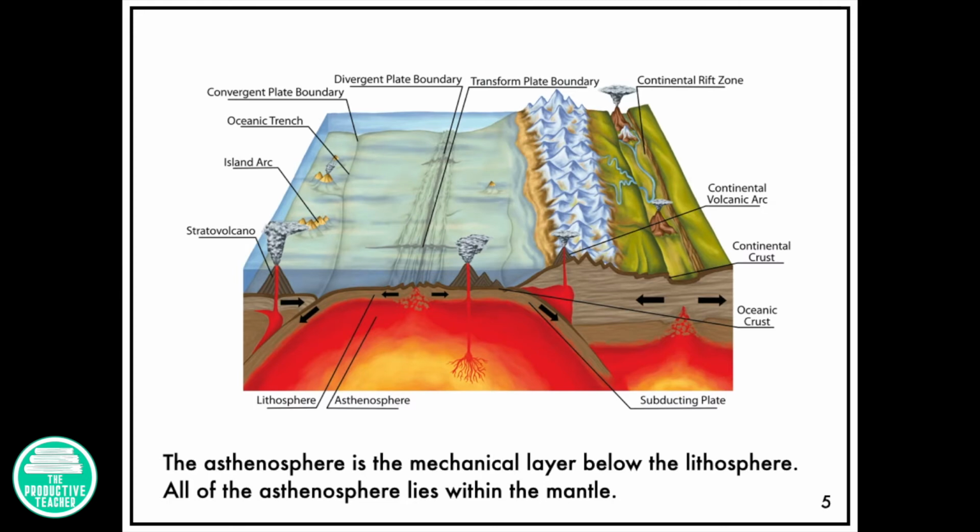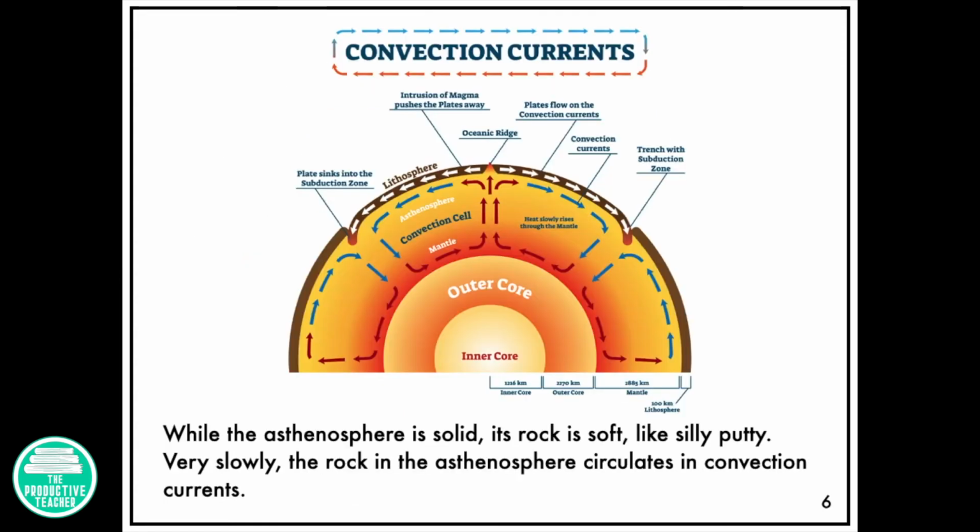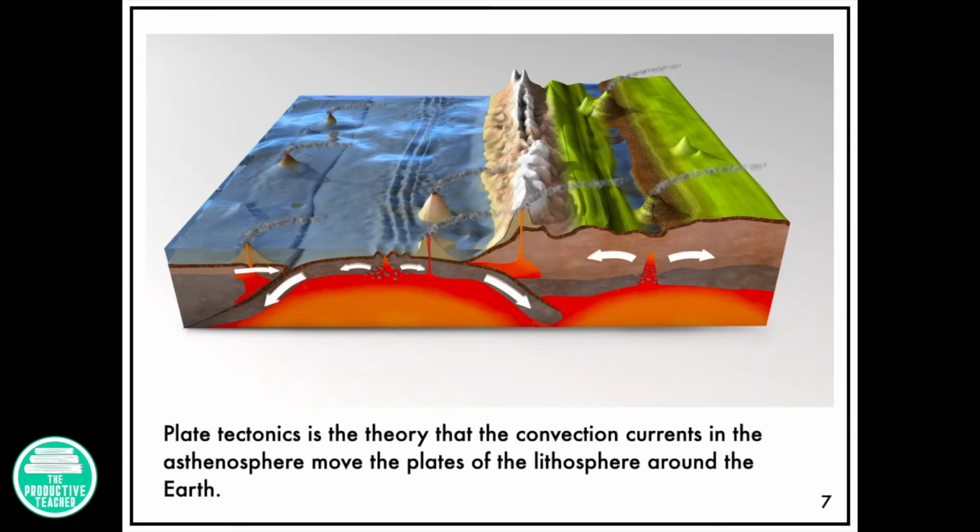The asthenosphere is the mechanical layer below the lithosphere. All of the asthenosphere lies within the mantle. While the asthenosphere is solid, its rock is soft, like silly putty. Very slowly, the rock in the asthenosphere circulates in convection currents. Plate tectonics is the theory that the convection currents in the asthenosphere move the plates of the lithosphere around the